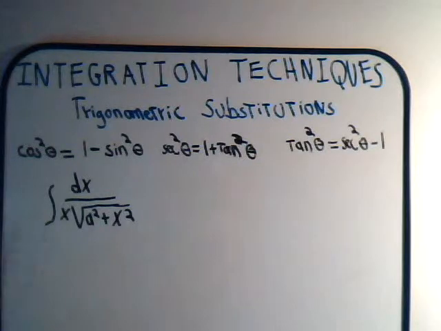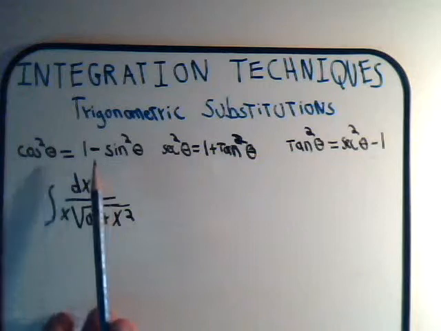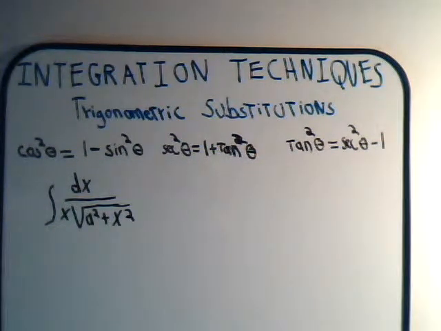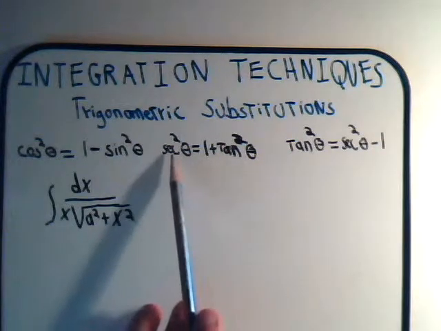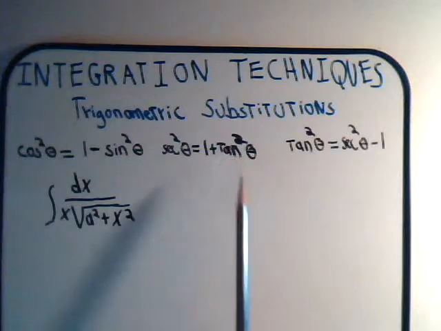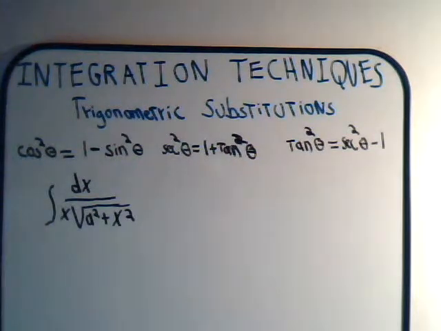a squared. So the first thing we want to do is decide which one of our basic trig identities we want to invoke here to solve this problem. And we're looking here, we've got the square root of a constant squared plus variable squared. So the trig identity that resembles that is this one here. We have a constant plus a variable squared. So we start the process, we say